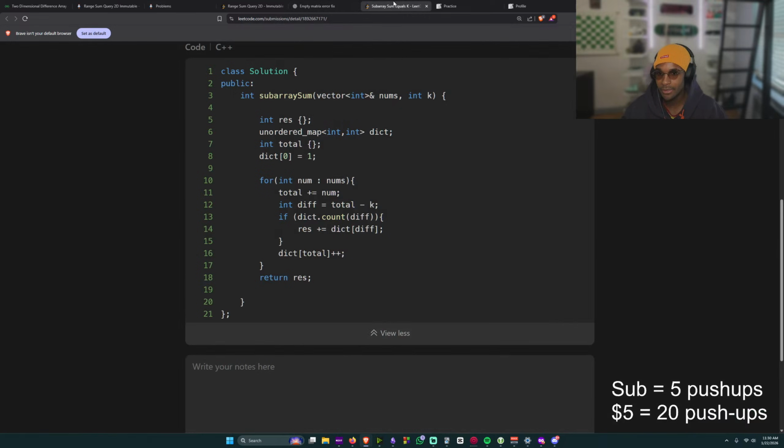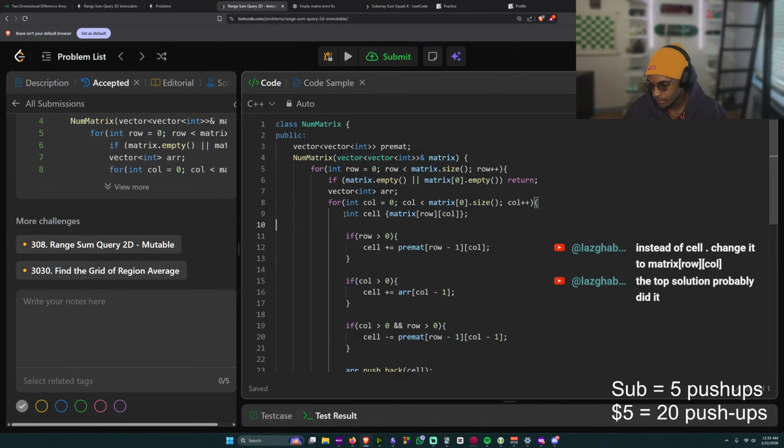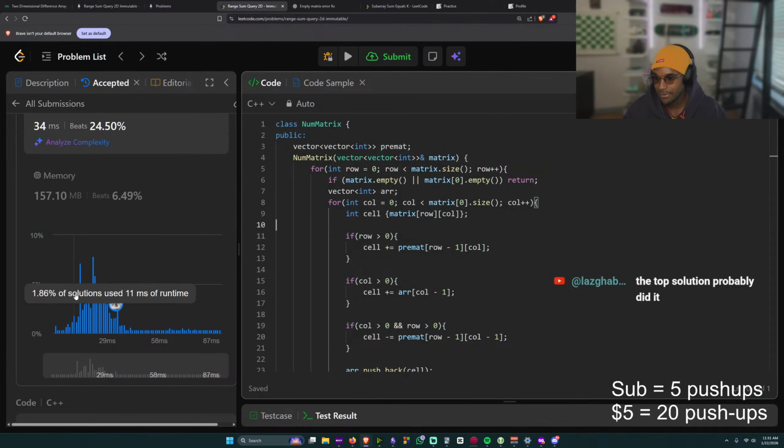Is there more problems like this? I feel like, oh, there's another one. Wait, instead of a cell, change it to matrix row column. Wait, does that make it faster?